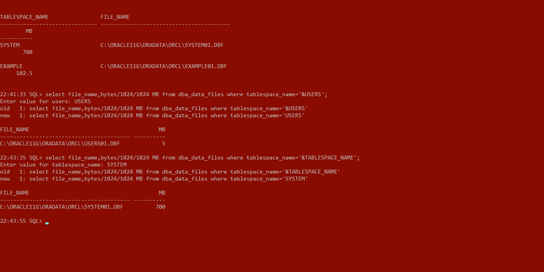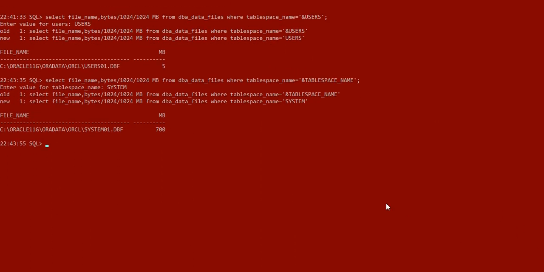And now if you want to make it a script and call it, then you can save this command inside a notepad or something like that, and call it with the @ sign. It will just start asking you to enter a value for the tablespace name.